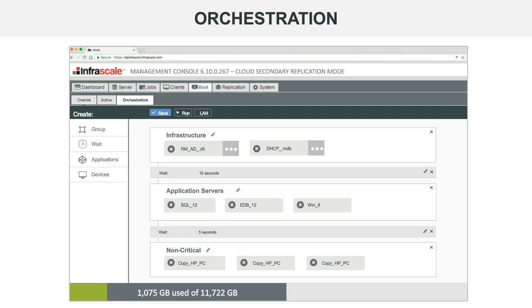What's also nice about the boot orchestration function is that a big part of any DR, business continuity plan, or general security plan is: when was the last test you ran? Can you say that you can recover in a couple of hours or whatever it is, but have you done it? And typically, these sorts of tests aren't done very often because they're very expensive and time consuming. If we put a third party to test it, you're generally looking at about $4,000 to $5,000 in man hours to do a full site test recovery because of how long it'll take. And it also may actually require some amount of downtime to do that test.